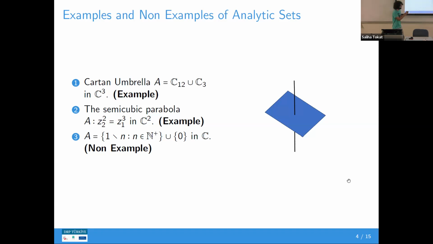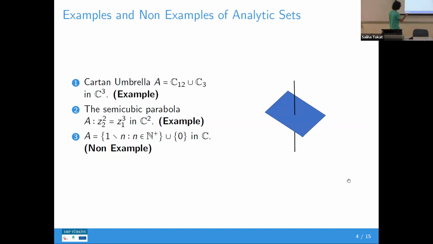And if you have a couple of points, maybe 1 over n and 1 over m, you can take the polynomial (z - 1/n) multiplied by (z - 1/m). So it is again an analytic set, but it is not an analytic subset. Why? Because consider point 0 is a troubling point, and we remove that. But